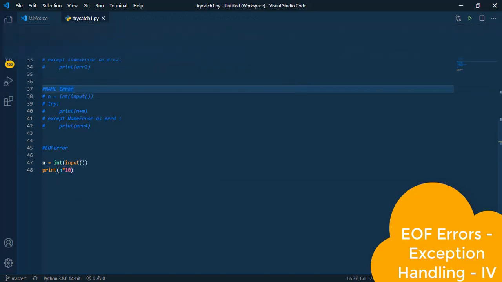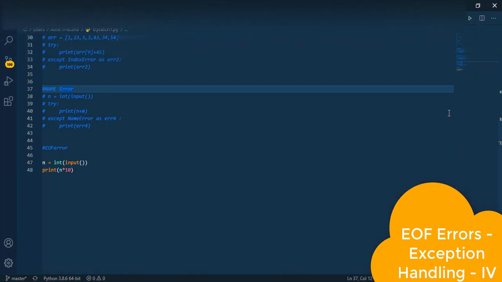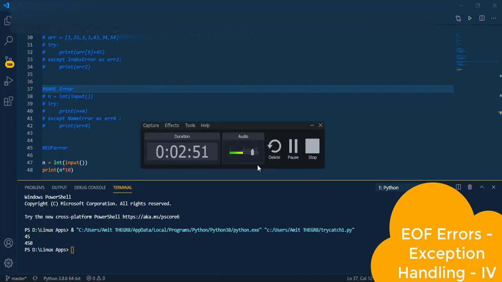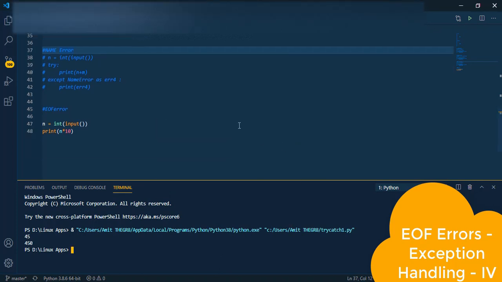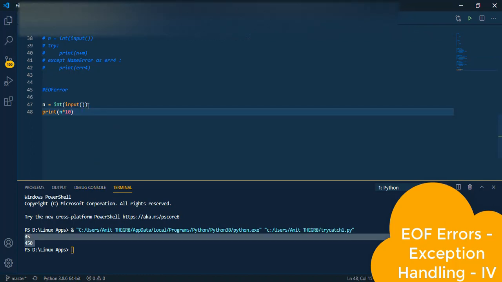When you execute this in this interpreter, it's okay: you will enter the value and you will get the result as well. But this does not always work when it comes to online IDEs. Now let me show you this.